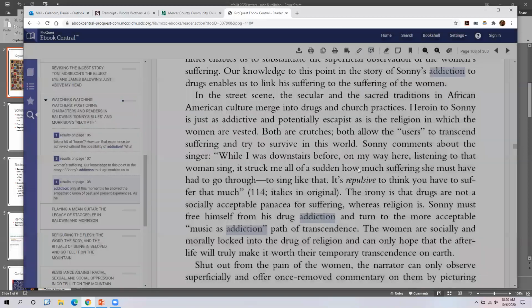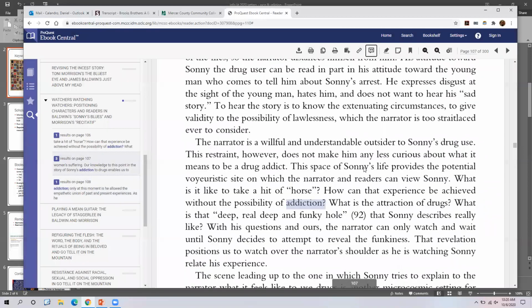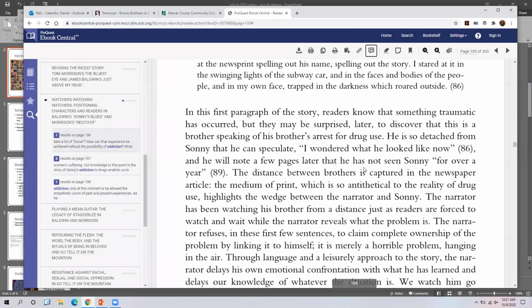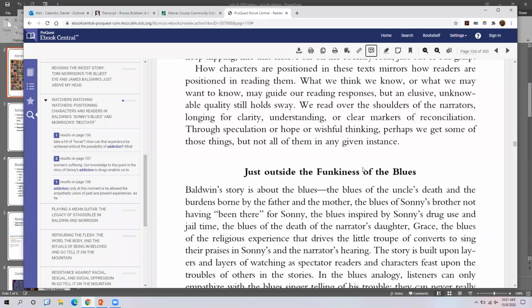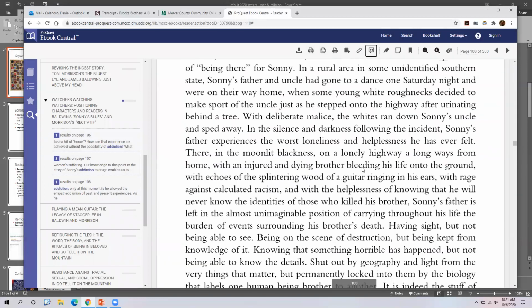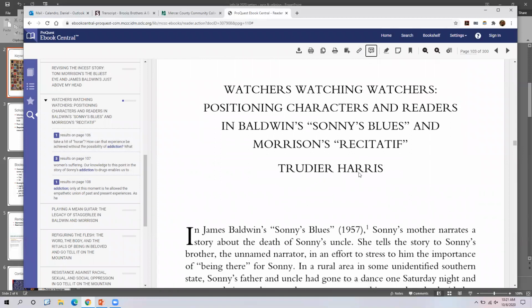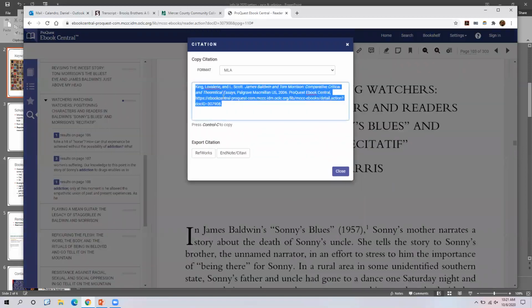If you look at this chapter here that we're using, the author on it is not the same person listed as the author of the book, okay? So if you look here, it's by Trudier Harris, okay? If we click on the Cite button, it has King and Scott, okay? So we have a slightly different citation, and I'll talk about that in 1 second. But really, 90% of the time, 95% of the time, this works very well.